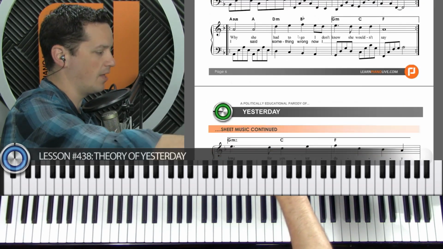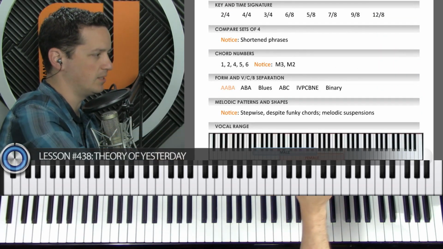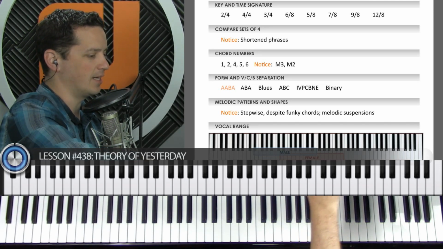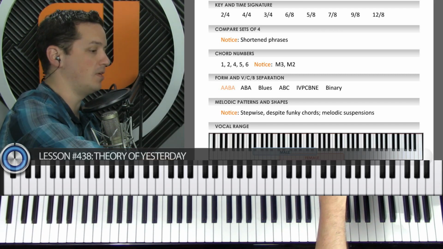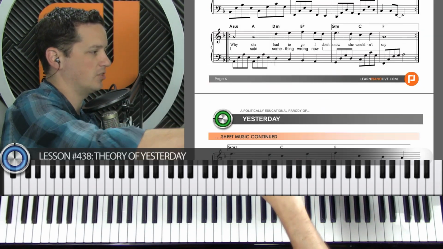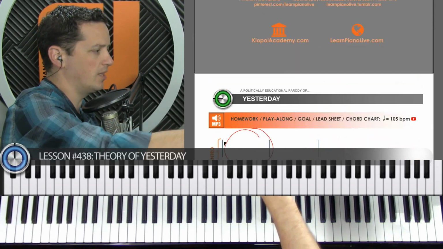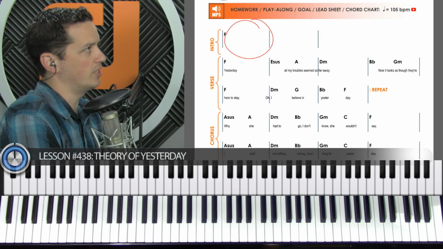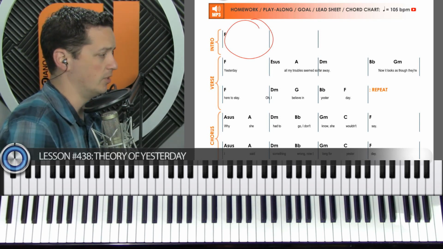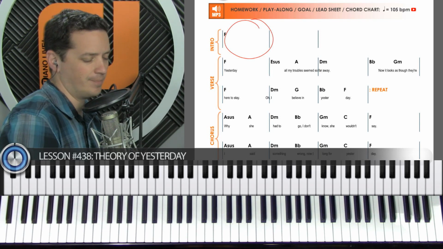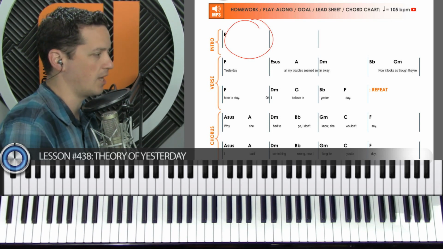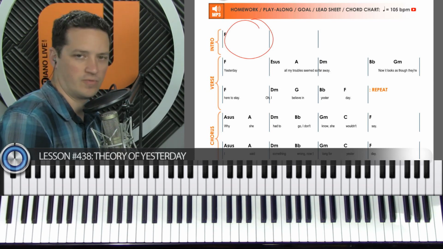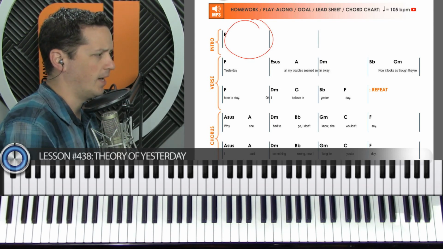Cool. So then the other thing we are looking at here is the sets of 4. Now, this one has some very interesting shortened phrases that still feel kind of awkward to me, but obviously if you've heard the song enough times, it's not weird to you. Usually things happen in sets of 4. At the very beginning, on most of the covers and most of the recordings that I've heard of the original, there's 2 bars at the beginning. That's not too weird. If you were at the songwriting workshop, then you know that 2 and 4 and 8 are kind of all acceptable lengths for intros. So that's not too weird, but it's not a 4.